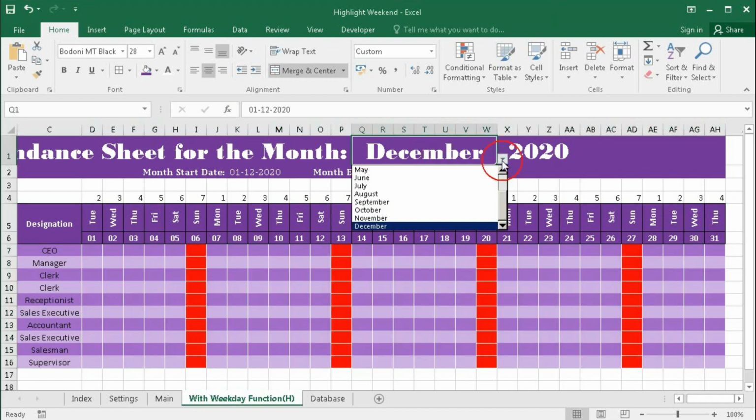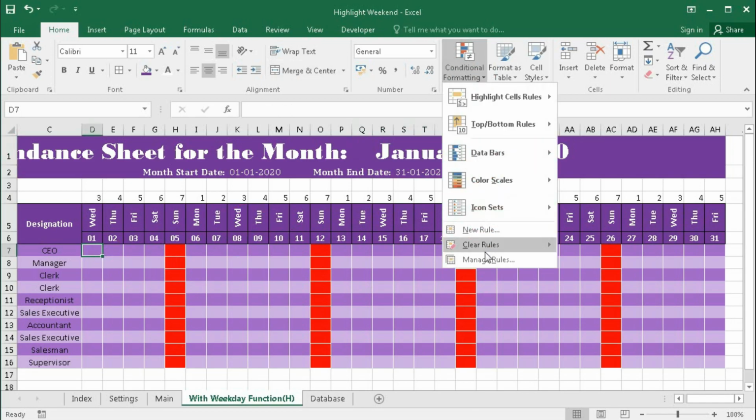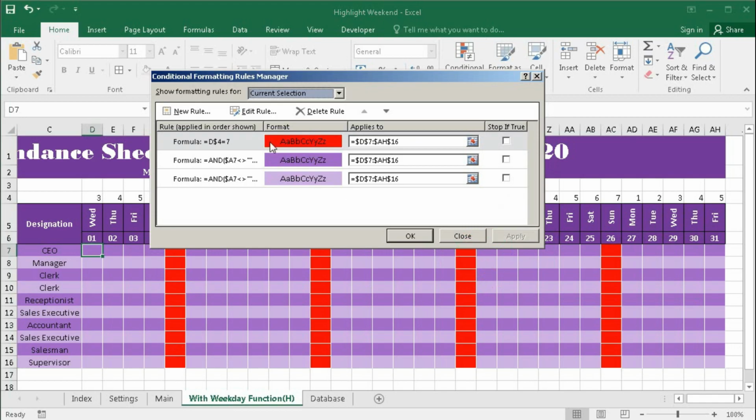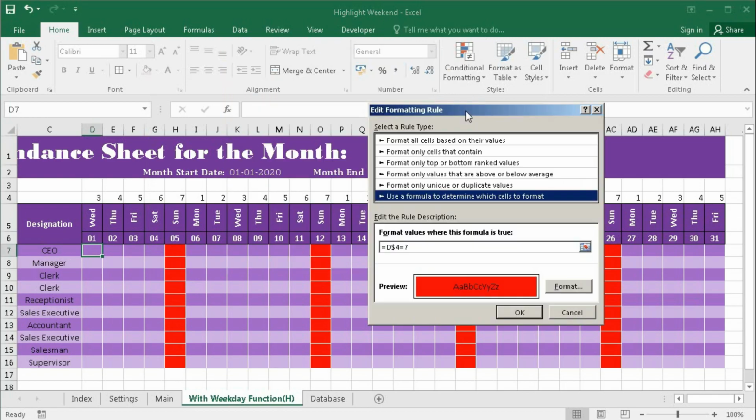If you change the month, suppose we go to January, the columns are changing but it is highlighting the Sunday only. If you want to highlight Saturday and Sunday, then go to conditional formatting, manage rules, select this condition and click edit. Here you have to type greater than 5.